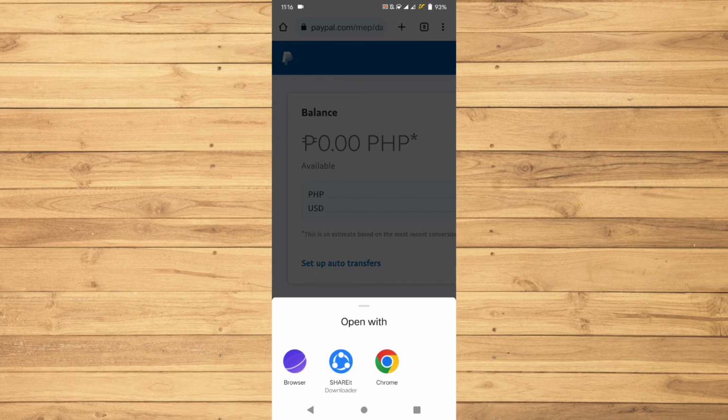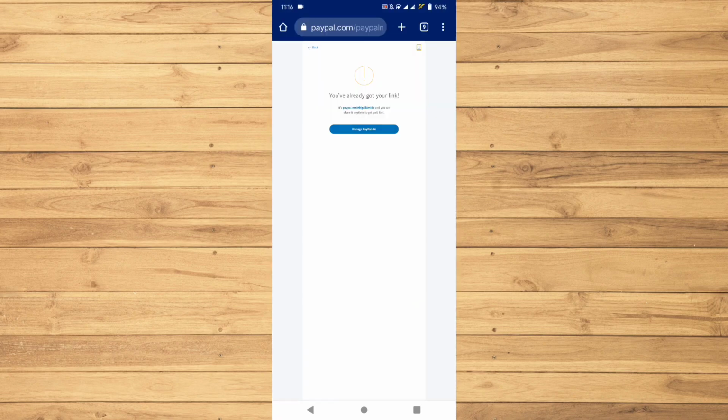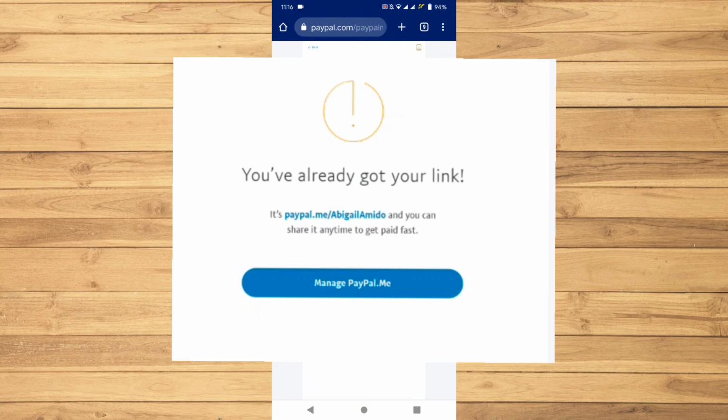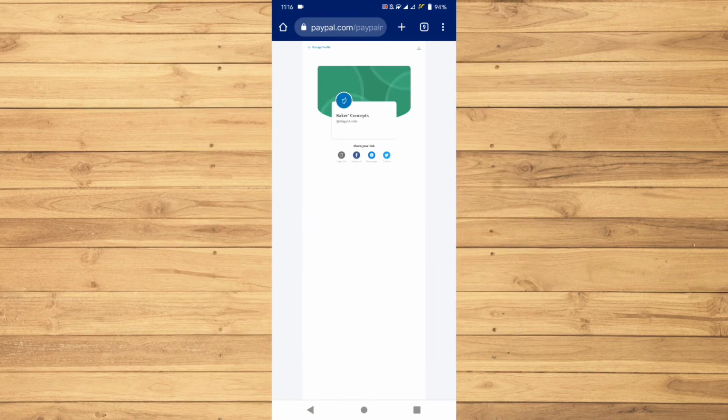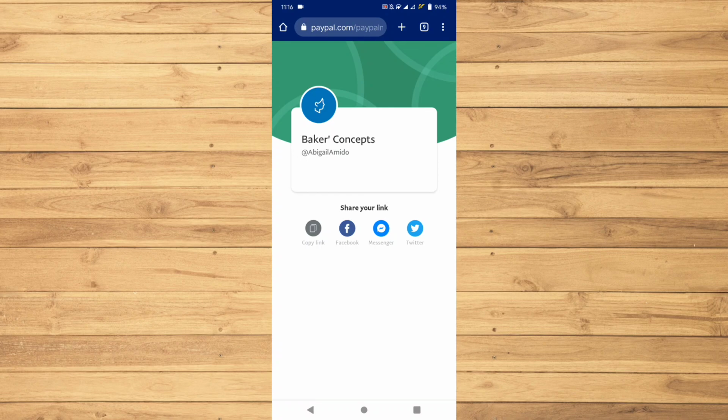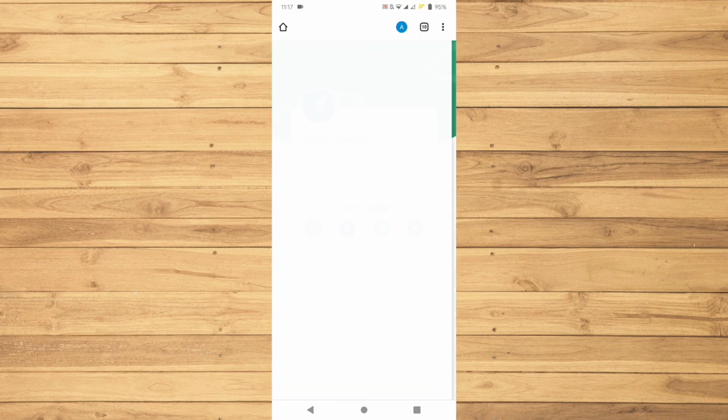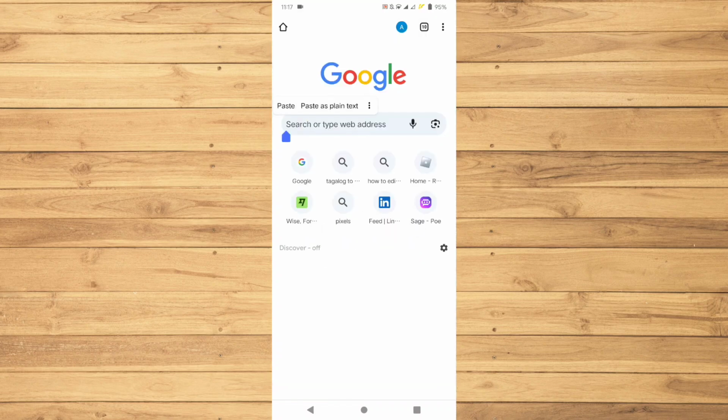You already have your PayPal.me link. So I'm going to zoom that one so that you can see. So just go ahead and manage PayPal.me. In here you will see, or you can copy your link, or you can just send it to Facebook, Twitter, etc. So just go ahead and copy that one and try to paste it here on